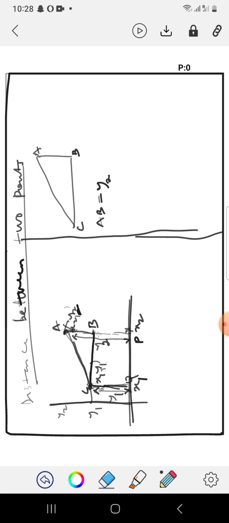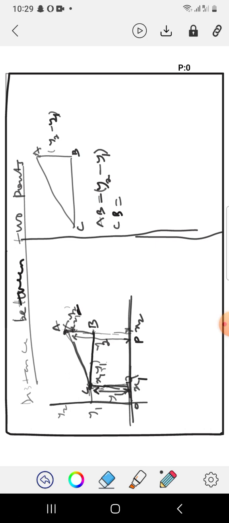So from this place to this place, that's y2. To get AB, you have to subtract, and from here to this place, that's y1. All right. So AB is going to be y2 minus y1. This place is going to be y2 minus y1. I think that is clear. So CB, likewise, since from origin here,